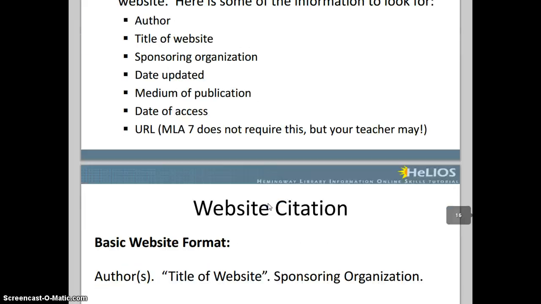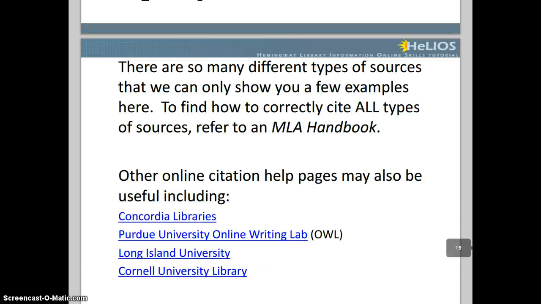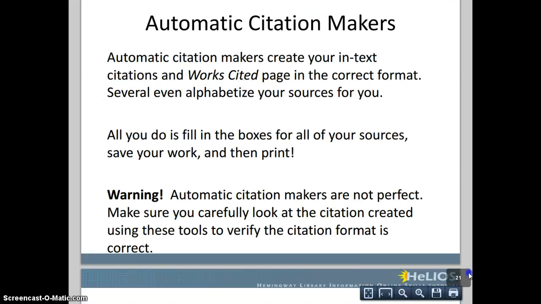Let's see if we can scroll down a little bit here. You're seeing a bunch of samples of the formats for different citations. To be honest with you, I'm not going to waste your time with those things. You can find them online, plus there are enough online citation makers that spending a bunch of time on this would really be a waste of your time. You can go and look at these individually, and we'll talk briefly about those now. If we scroll down,